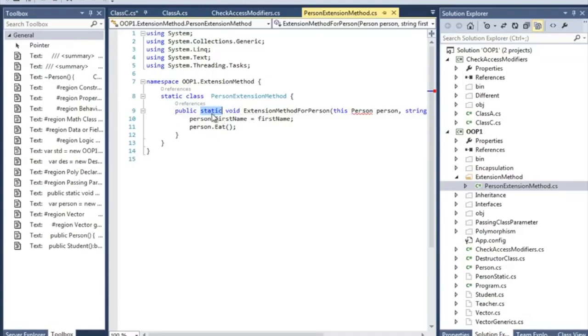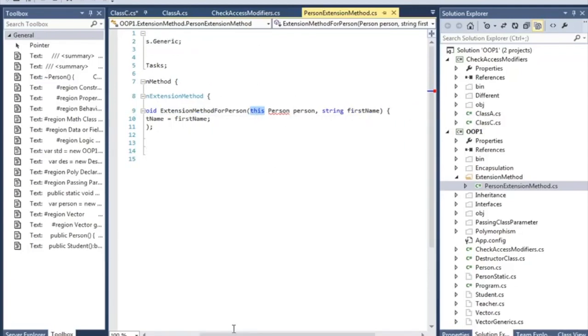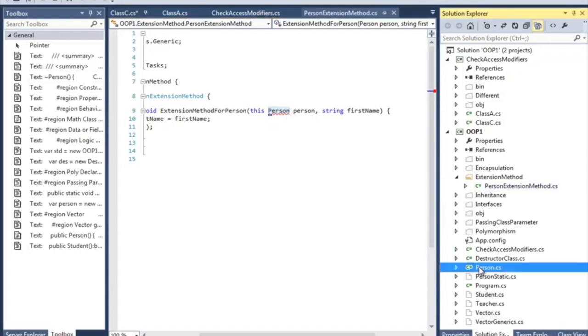So you make the method static, and whatever name you choose doesn't matter. You have to put the this keyword before the first parameter, and then you write the data type that you want to add this method to. In this case, I'm doing it for the Person class, and the Person class is here.